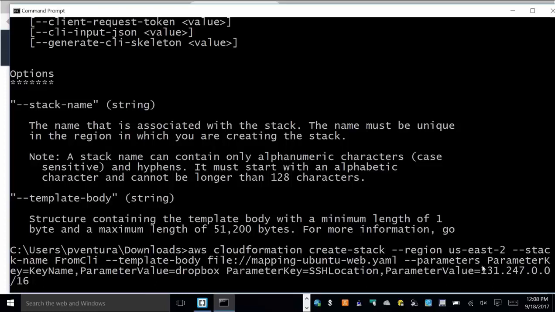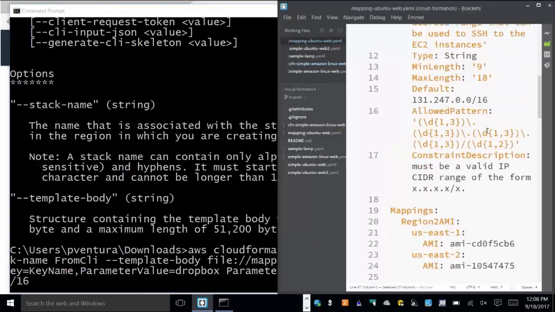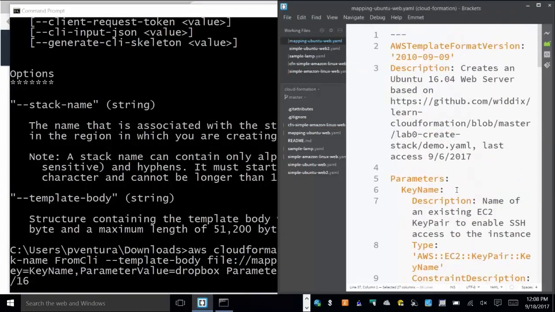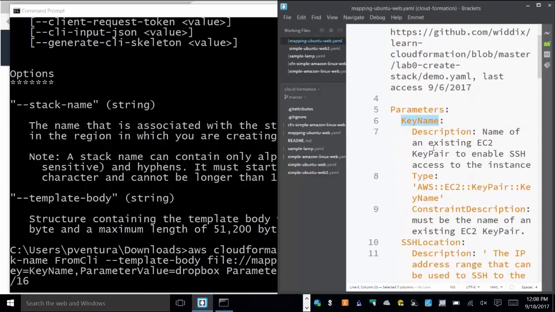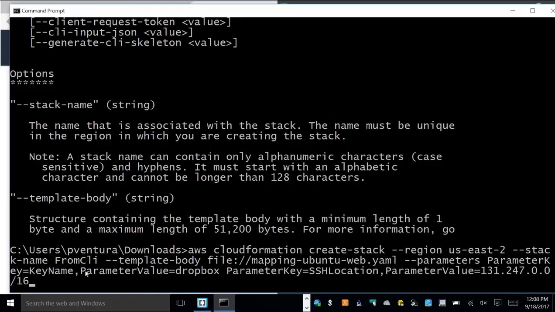Specifying parameters is a pain, but here's how you do it. You use the --parameters flag. Then for each parameter you have two things: a parameter key and a parameter value. Since I'm dealing with this template, I have two keys: KeyName and SSHLocation. For KeyName, the parameter value is my Dropbox key. Then for SSHLocation, the parameter value is the CIDR subnet for USF. Okay, so assuming you have all of that right,